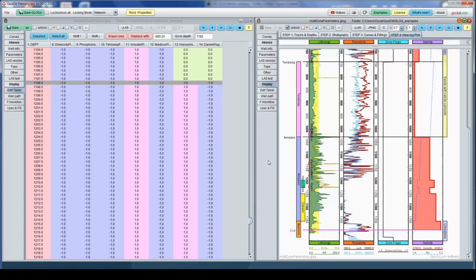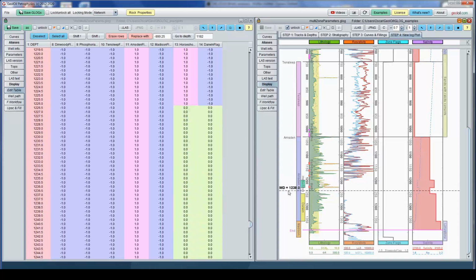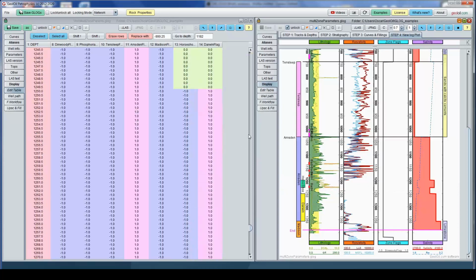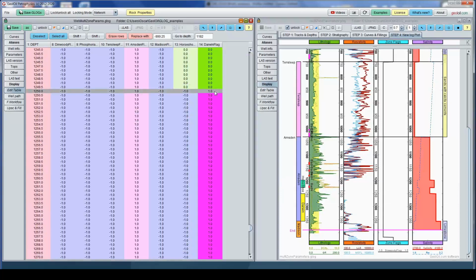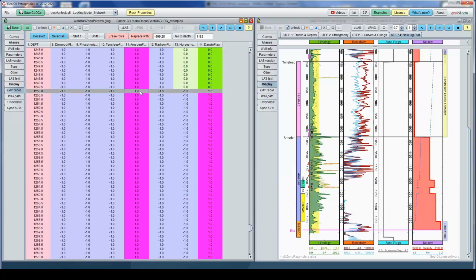You go deeper, you enter this region. This is a 0. So it is Amsterdam, but we do not know what is horseshoe or Darwin. Flag is 0. And then finally we have Darwin. We hit Darwin here. At the same time it is Darwin, and at the same time it is Amsterdam. It is a nested Darwin member inside Amsterdam formation.